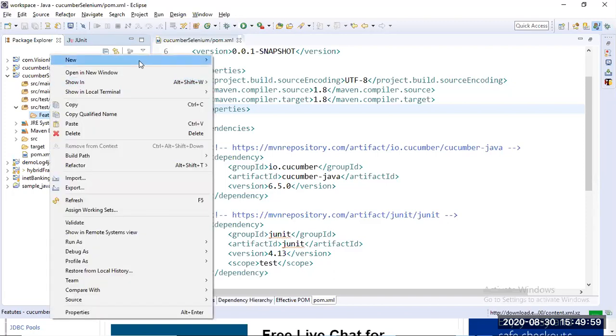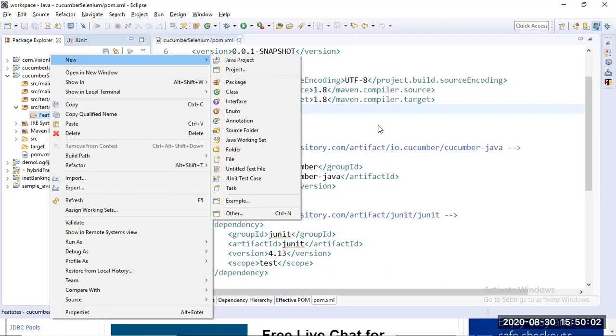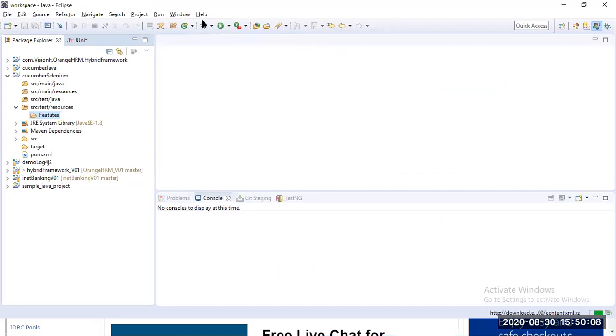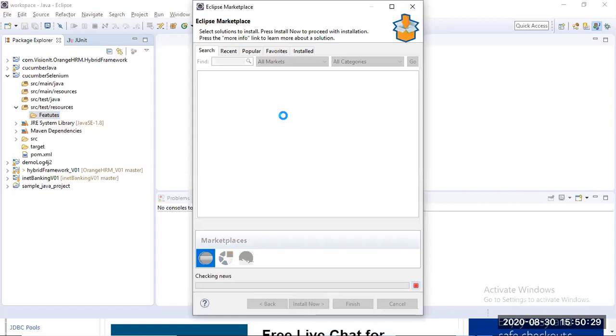And let me create a feature file. Guys, before creating a feature file, we have to do one thing here. You need to install one plugin: go to Help, Eclipse Marketplace. From Eclipse Marketplace you have to install one plugin, and the plugin name is what? Natural plugin, Cucumber plugin. We'll install the Cucumber plugin. So here, let's see, loading. Actually I don't know why it loads every time. There is a lot of load on Eclipse.